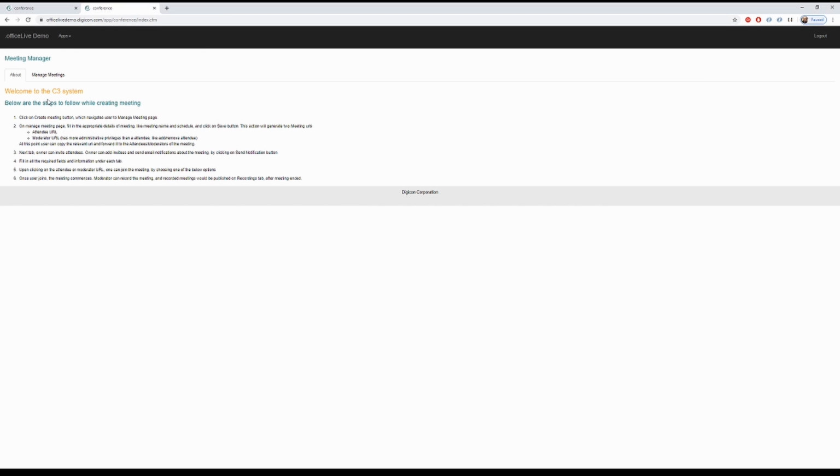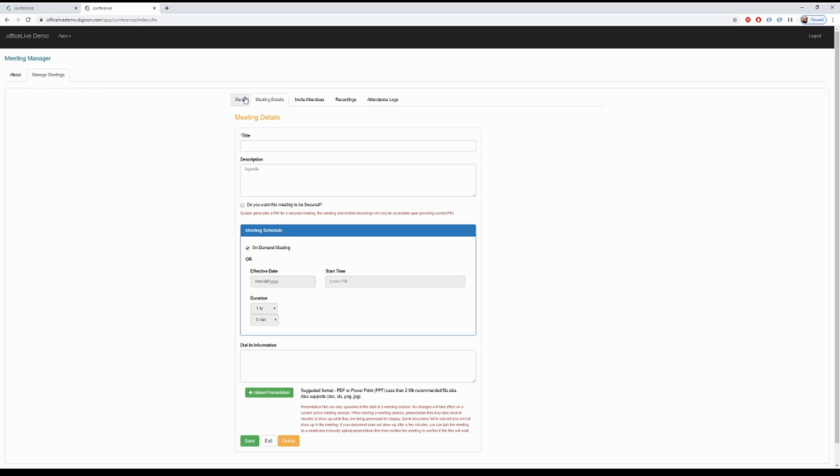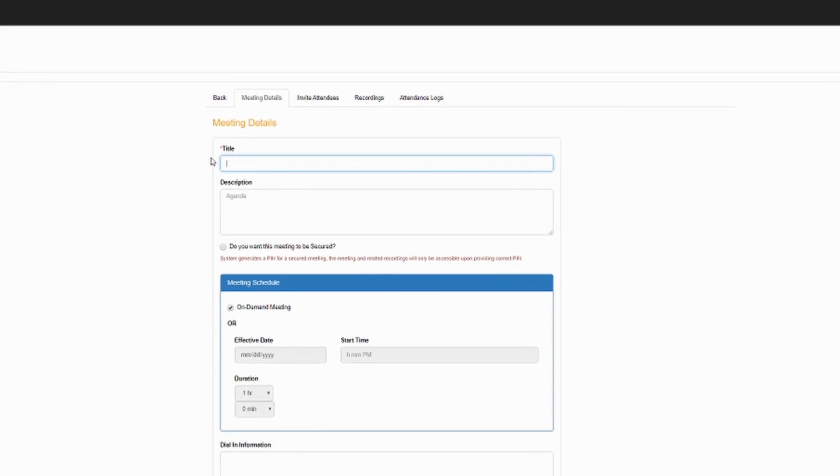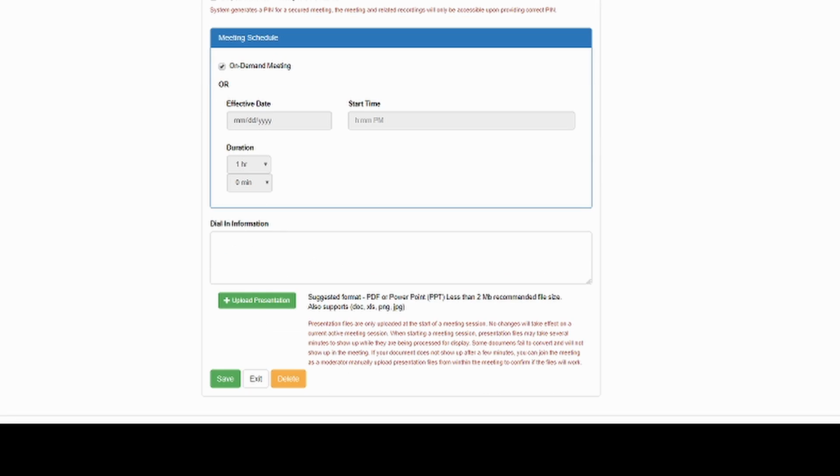You'll be taken to an intro screen that gives you an overview. Click on the Manage Meetings tab. Today we're going to create a meeting, so you click the Create Meeting button. Put in the name or title of your meeting. Click Save,